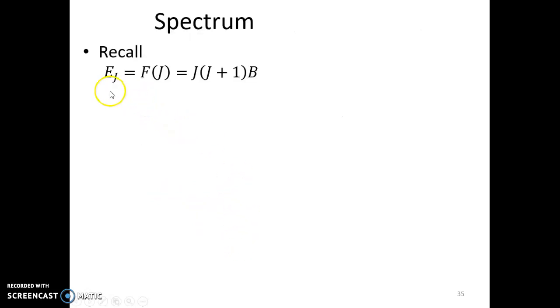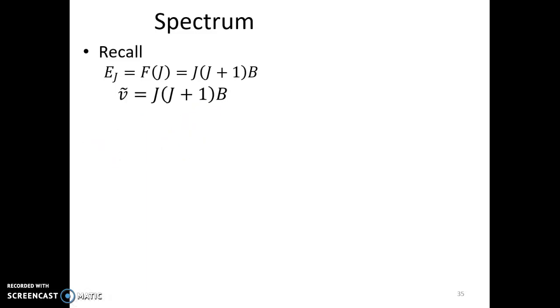If we recall, we said that the energy level, this F of J, is a convention for rotational energy level state, and then we are writing it in terms of wave numbers now. So we recall that the energy level is represented by J(J+1)B, B being our rotational constant that equals h squared over 8 pi squared I in joules. So with this, we can construct